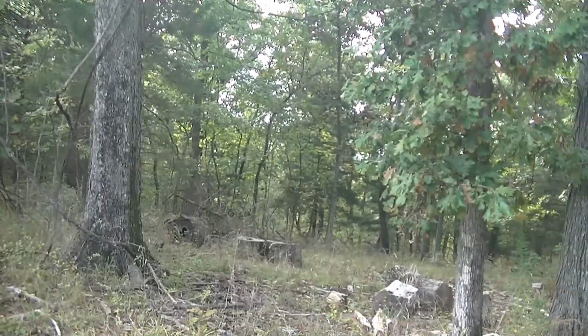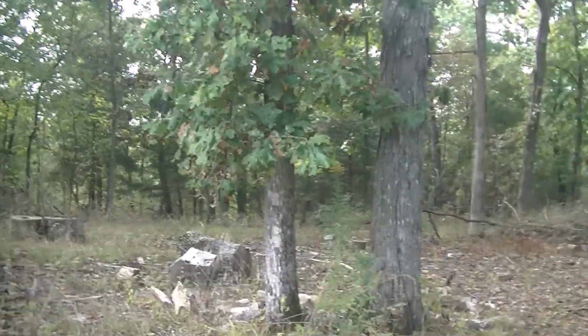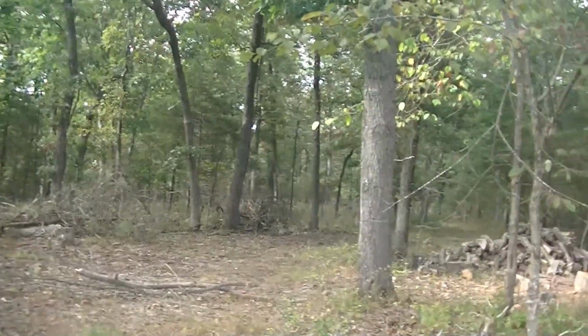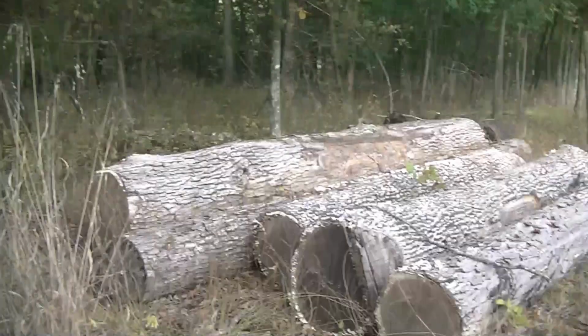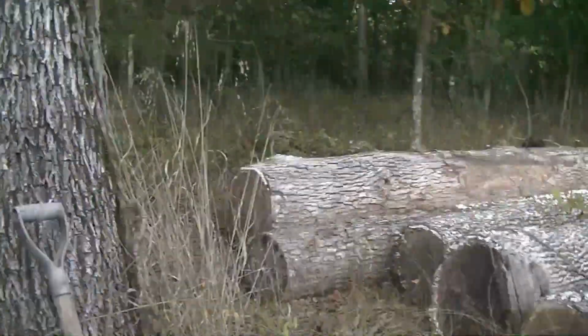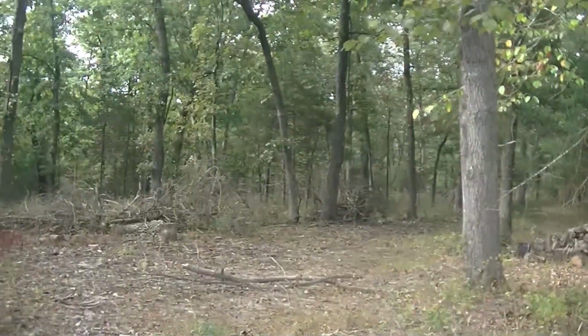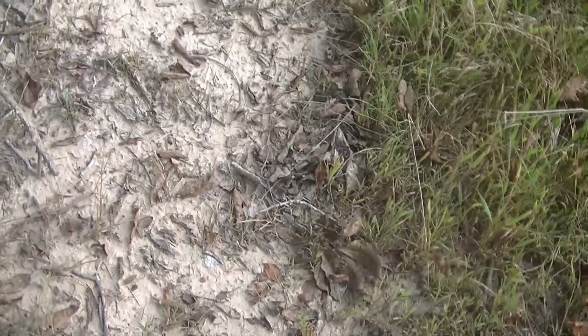But one of my trick places that we hadn't really talked about yet is where fresh logging has occurred. This place has been logged several times over the last few years. Big old firewood over there now, all these logs laying here. When they take logs off these ridge tops, they obviously turn a lot of dirt over. So two things. First off, I walked over here just now from the truck. That's how far I've went. And right away,